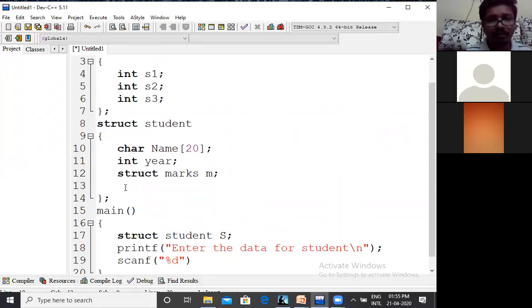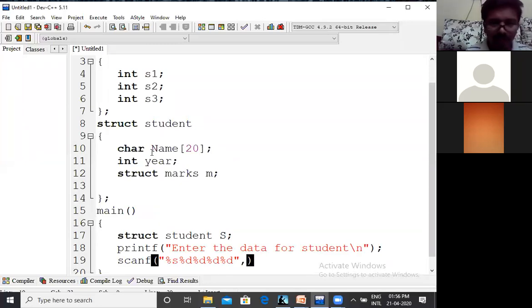What is the first member of student, name? So what is the type? String type. Next one year. Next one marks. Marks contain three members. Each member is an integer member. So that's why I have to give three more percentage d. Then you have to specify each and every variable.